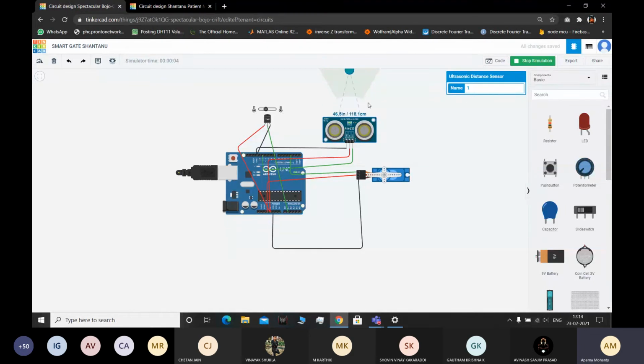Yes, ma'am. So now the first condition, which is 100 centimeter, is not being met right now, and the temperature is below 36 right now. So if we increase it, it will go back and close the door. If the temperature of the person who is coming is below 36, vary your temperature a little bit. Now it's open.